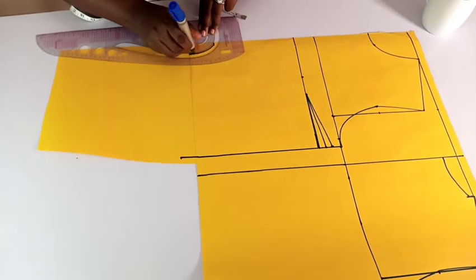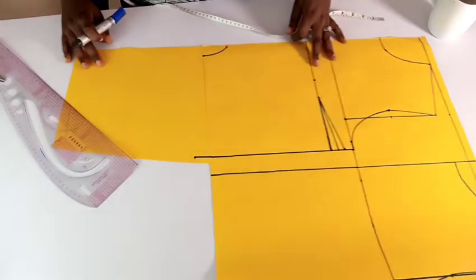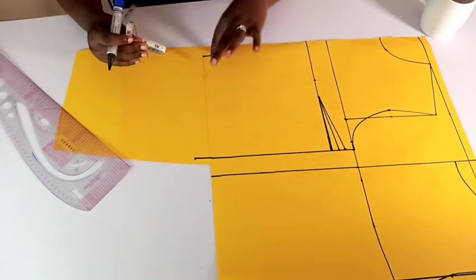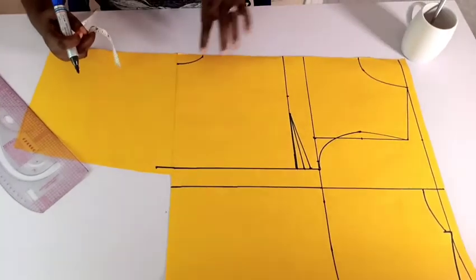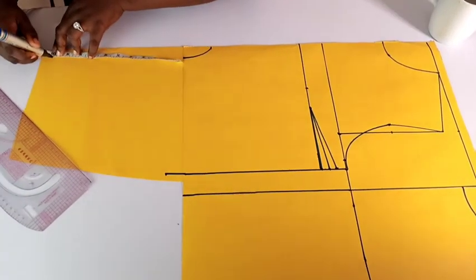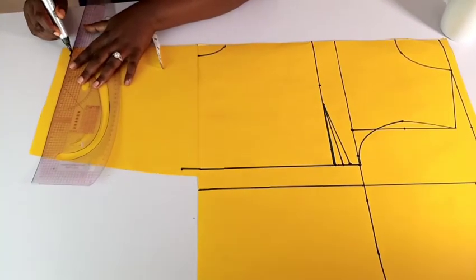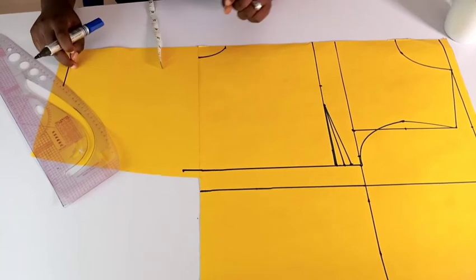because it's going to be an open detail. Now the extension that you want to use to tie depends on how long you want it. So no matter the length you want, you can totally go ahead and do that. So from these 20 inches I'm going to mark 10 inches, so that's going to be the length of my tie front detail. So whatever I'm going to tie in front is going to be 10 inches,